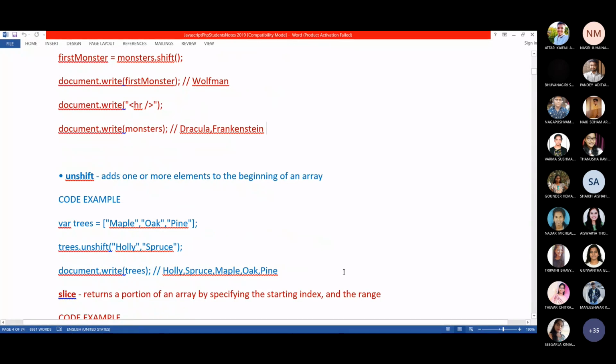Here, using unshift, we add one or more elements to the beginning of an array. At the starting of the array, we can add one or more elements using the unshift method.